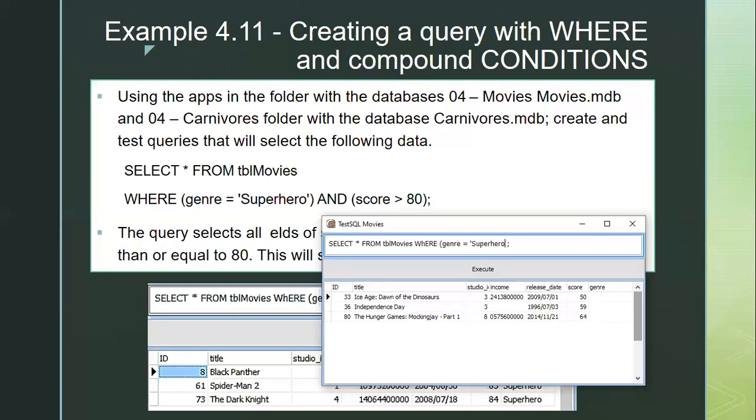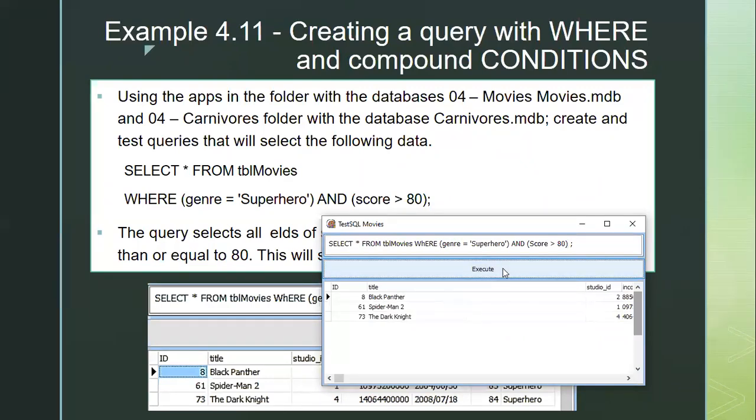Superhero. And don't forget your apostrophe. Okay, that's caught me a couple times. Then the second condition, so both have to be true, is and then score must be greater than 80. Okay, the 80 is not going to be in quotation marks because it's not a string, it is a value that I'm searching. So let us click execute, and as you can see here,